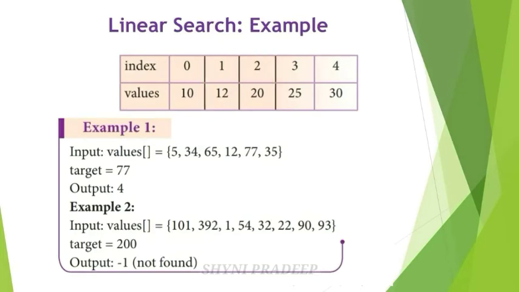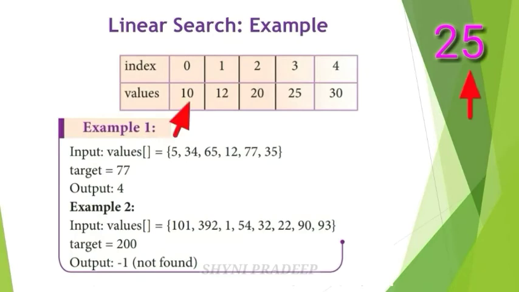In this array, if you want to search the number 25, this is the key element, your search element. If you want to search the number 25 in the array, the linear search will go step by step in a sequential order starting from the first element in the given array. Which means here we have to start our search from the starting element. So check each element one by one.